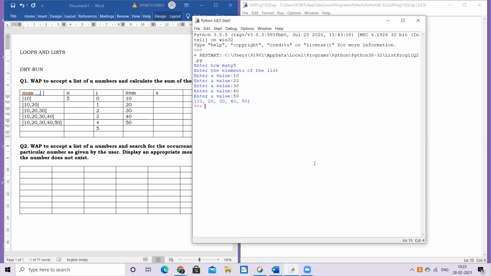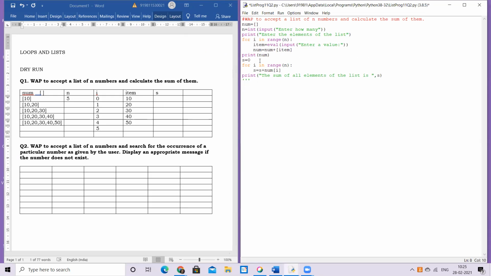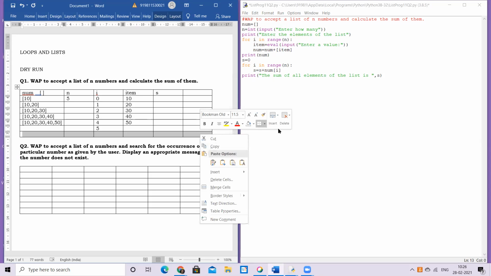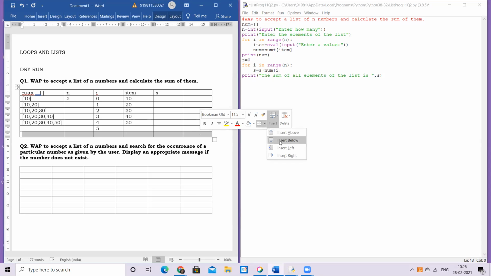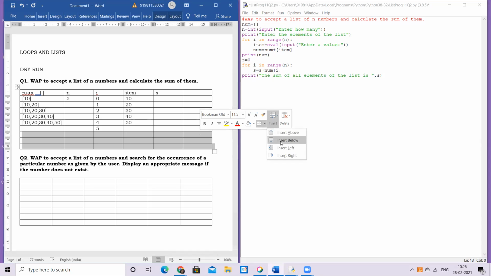This makes the program dynamic because it asks the value from you and then creates the list for you and then proceeds further with whatever you want to do. So up till this part, I hope it's clear to everybody. Now, next part I start again. Now I have to read my data one by one from the list and perform some operation.